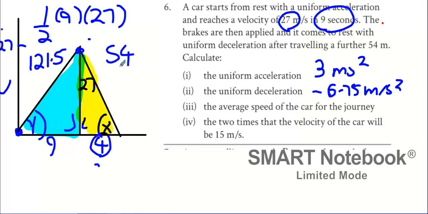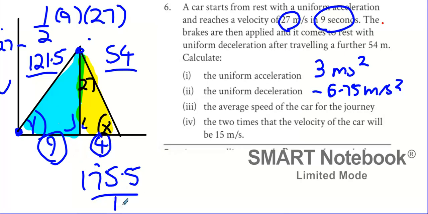Now, okay, what's the total distance then? Add them together. 165.5, agreed. What's the total? Oh, sorry, 175.5, excuse me. Okay, what is the total time? 9 plus 4? 13. So what you get then? Huh? 13.5. So does everybody see the benefit of this system? That you can do the calculation